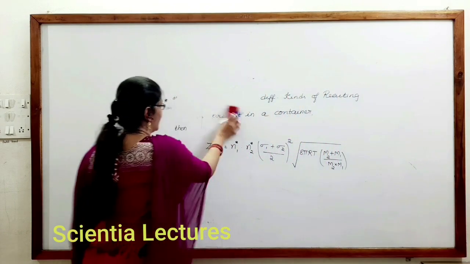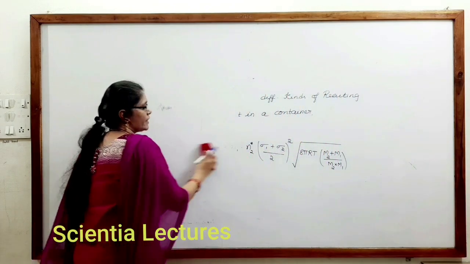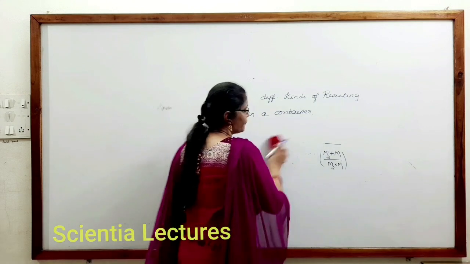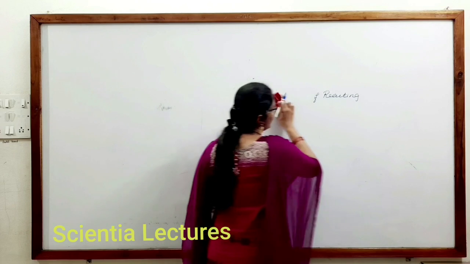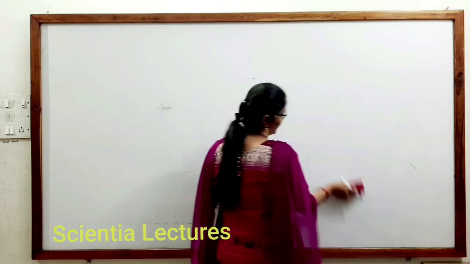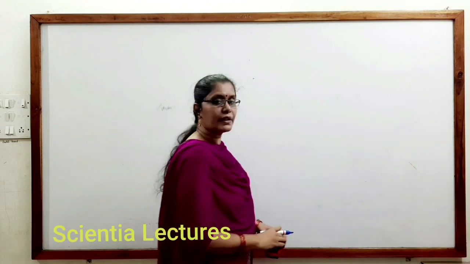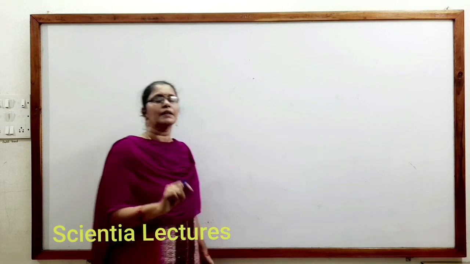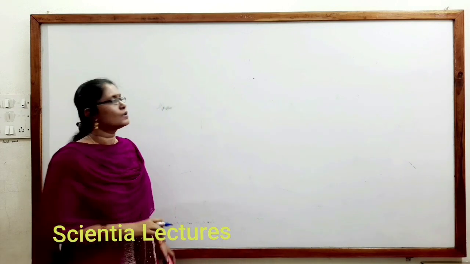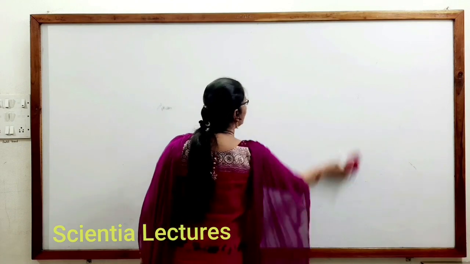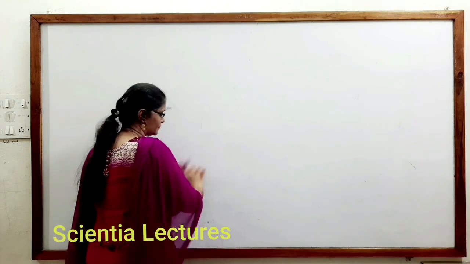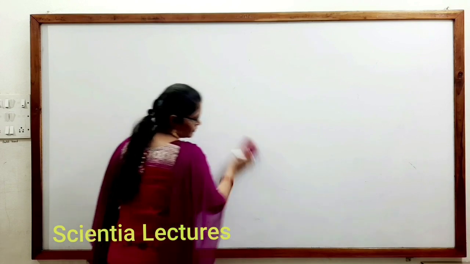Now, K equals Z into Q. If only one kind of molecule is present in the container, you can take Z equal to the Z1 condition. If two different kinds of molecules are present, then you can use Z1,2. So whichever is the case, you have to take the Z value from that. Now let us see.